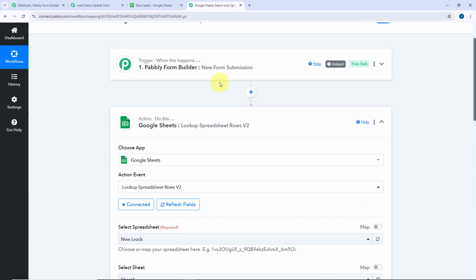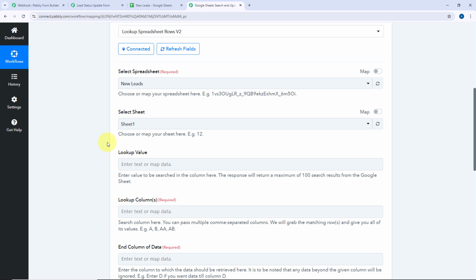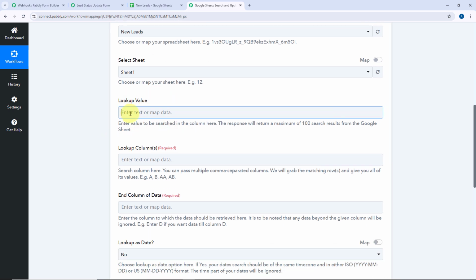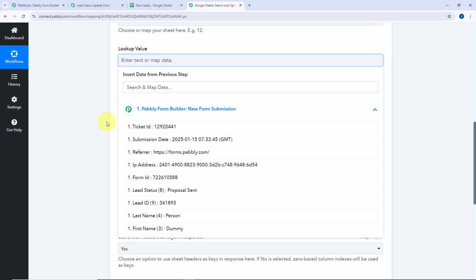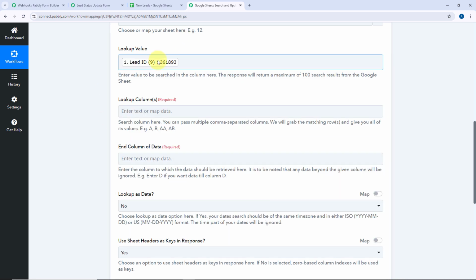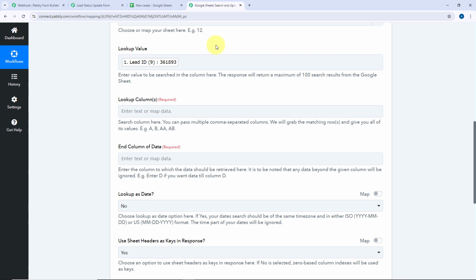Now to add the trigger step responses in this Google Sheets action step, we are going to use a process called mapping. And the process of mapping is very simple. Simply click on this field of lookup value, and here in this drop down, you can see a list of all the responses which we have received from Pabbly Form Builder of a new form submission. Out of all of these trigger step responses, select the value of lead ID and it will be mapped. So whatever lead ID our team member is going to enter in this Pabbly form, whatever lead ID we are going to receive in the trigger step, using the same lead ID, we are going to search for that lead